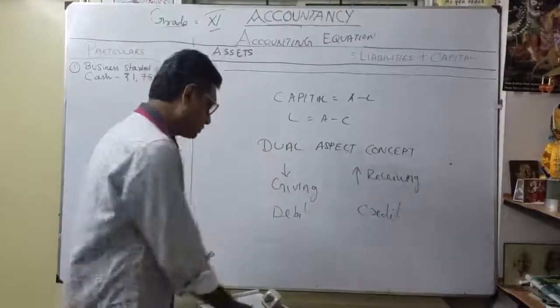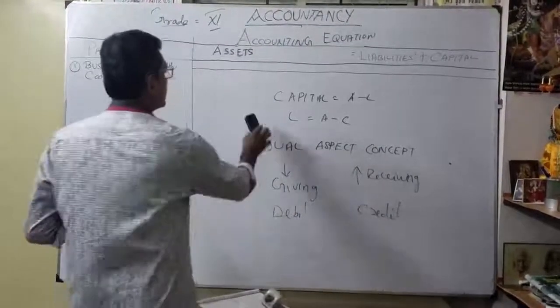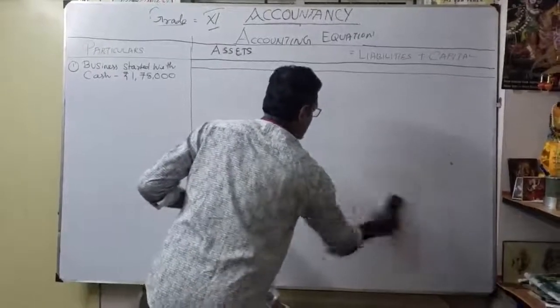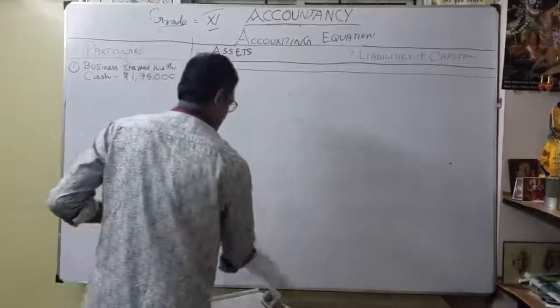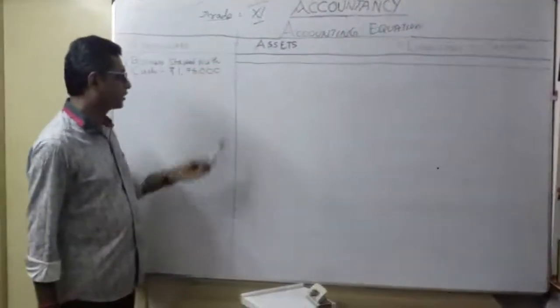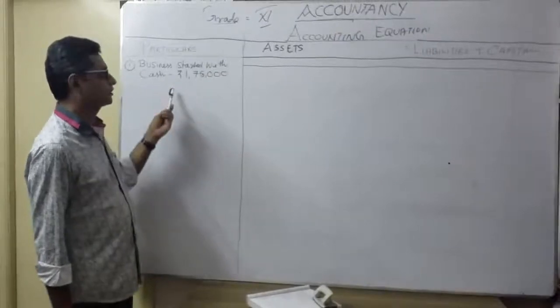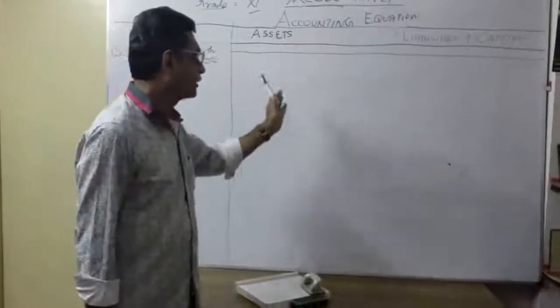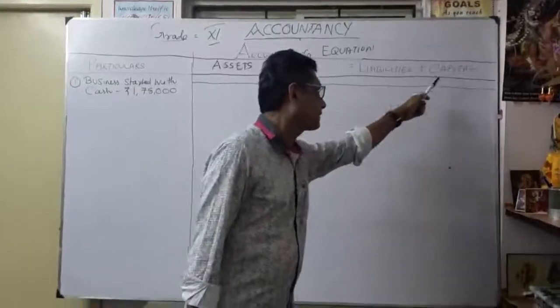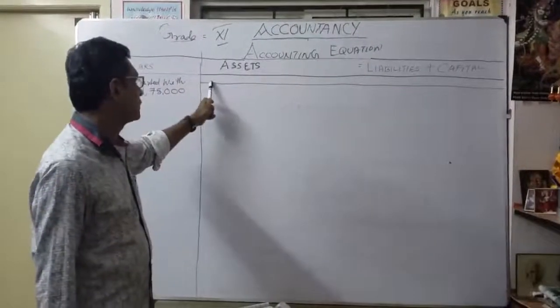Now we will work out one problem. So definitely you will be able to follow the accounting equation. It's very easy and very interesting. We follow one by one how we are going to write the accounting equation. See here, we want to draw like this. Here the particulars, assets. I'll tell you why I am giving a lot of space here, and equal to liabilities plus capital. This is the equation. Then I draw one more line here.